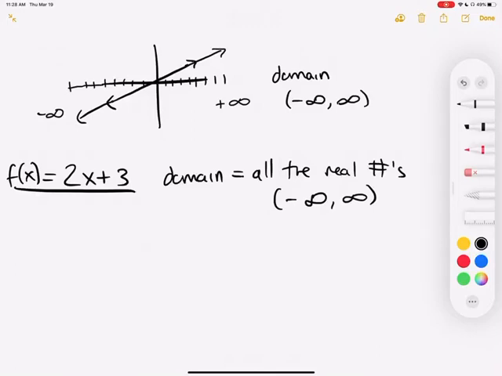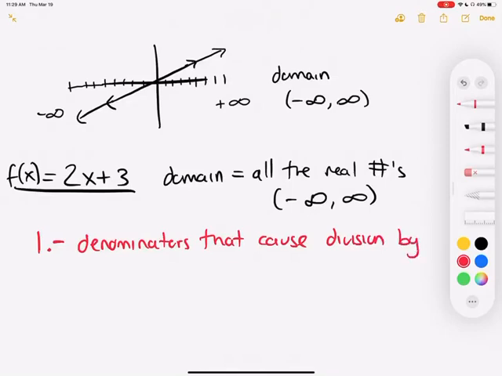Now, like every other situation in life, we have exceptions to this rule, right? So the domain is always going to be all the real numbers, but we have to include two exceptions. All the real numbers except denominators that cause division by 0. Those numbers are not going to be part of the domain, and I'm going to show you why. And the other situation is numbers that cause